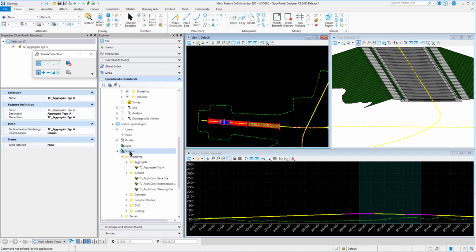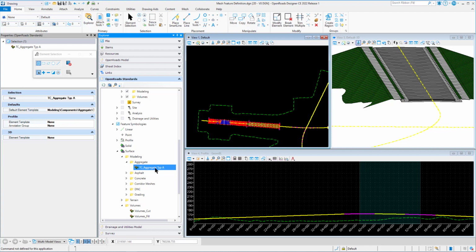Can be found under the surface category, and under the surface category we're going to have subcategories of modeling, terrain, and volumes. This particular mesh can be found in our modeling category with a subfolder of aggregate. When we click on that, we'll see our TC aggregate type A, and this will bring up the dialog once we select our TC aggregate type A that points to our element templates for